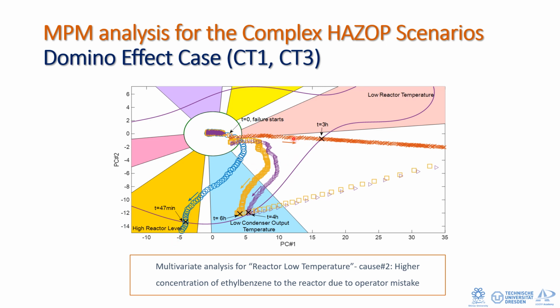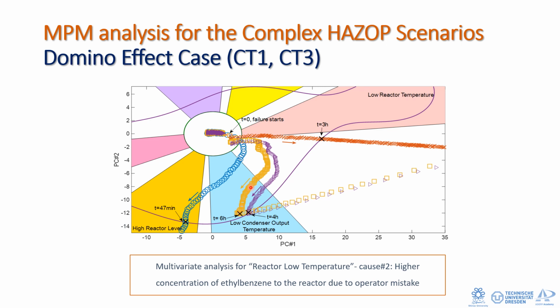This results in lower reaction rate, in temperature decrease in the reactor that leads to less vaporization rate, and consequently, the condenser output temperature decreases. In this case, safety response time is much larger compared to when LIC is not active. To compensate for temperature decrease in the reactor, the cascade TIC-PIC controller is also activated, and the monitoring results are plotted with yellow squares. As can be seen, even with control systems, process condition is still moving away from the